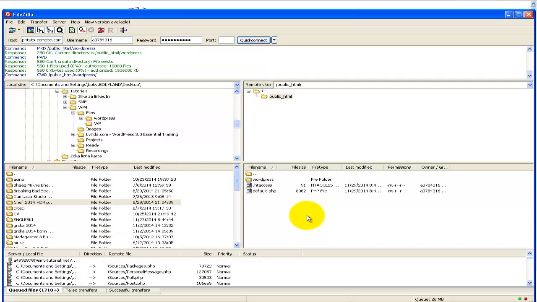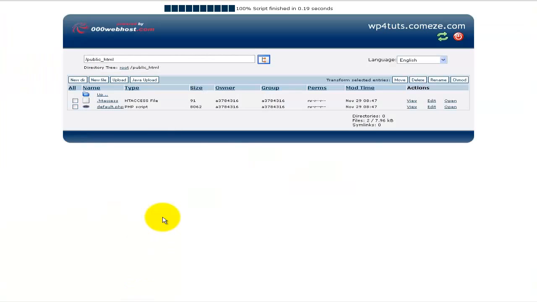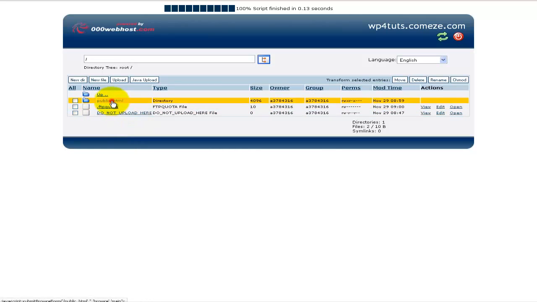drag and drop. Now this might take a bit more time because there's about 2,000 files that need to be transferred, but also if you had a better file manager, you can do it straight from here, and I guess it will be a lot easier. Now remember, the file that we have just downloaded is a zip file, so we have to expand that file. And when you are uploading from your cPanel, from some sort of file manager, make sure that that file manager also has an unzipping capability, which in my case is not true. So even if I uploaded this using my file manager, I wouldn't be able to use it, as I need to actually unzip all of these files. So once again, if I go to public here,